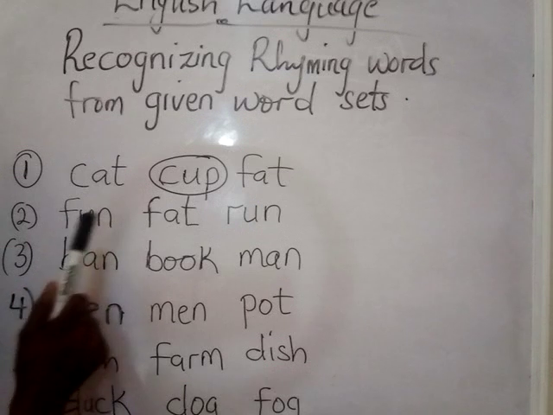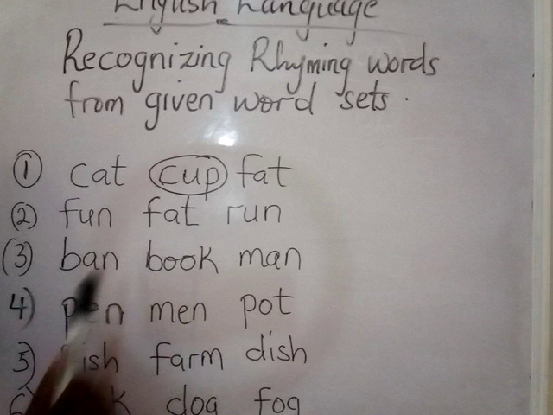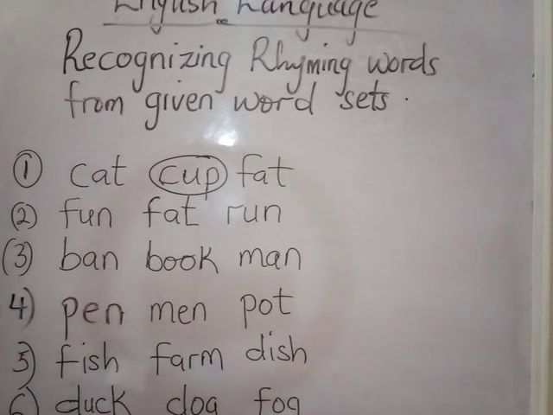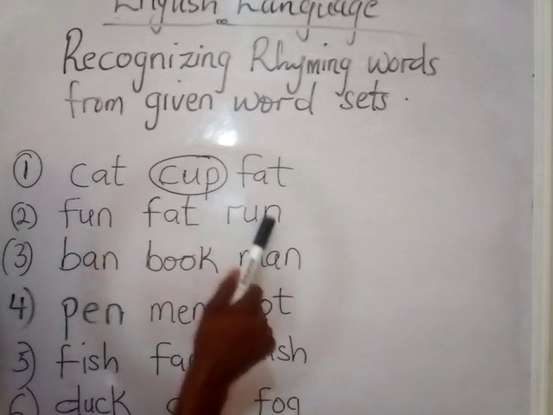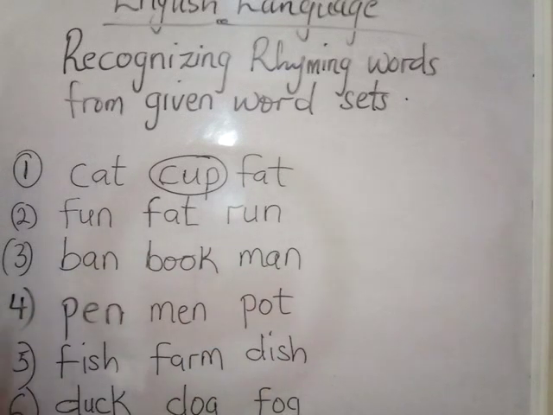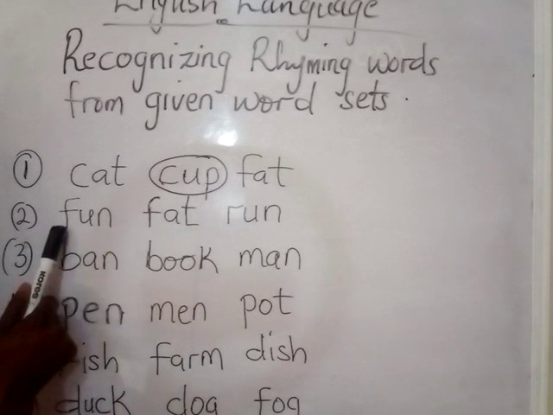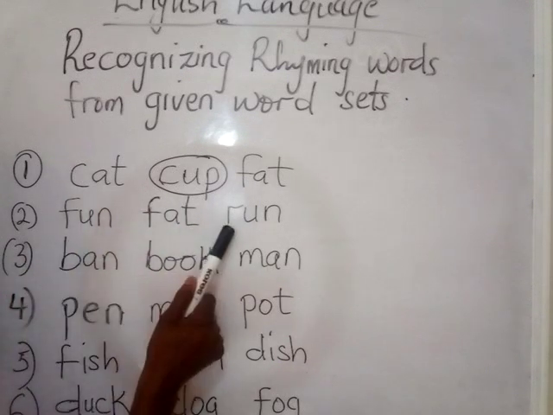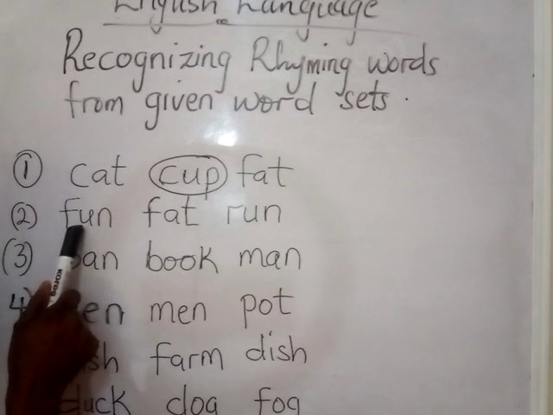Now let's move further. Here we have "an" and "at." Do they sound alike? No. So now let's look at fun and the last word here, run. You can see that F and R don't have the same sound. They don't sound alike. But then if we go further, you find that in fun the next sound is "un,"